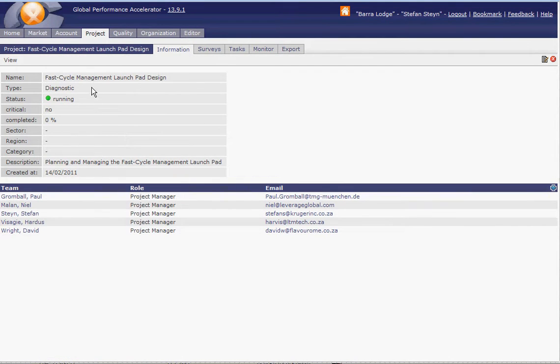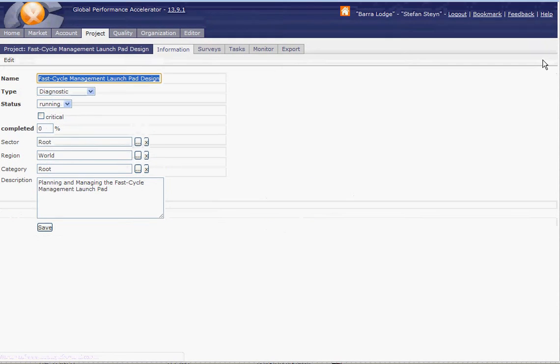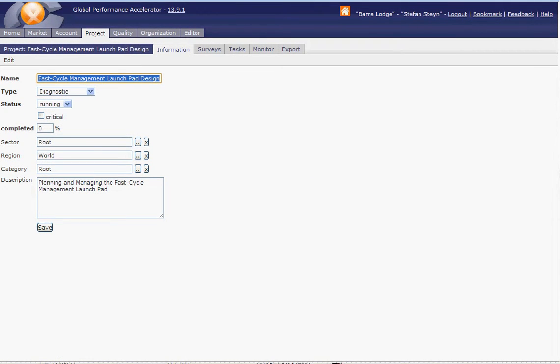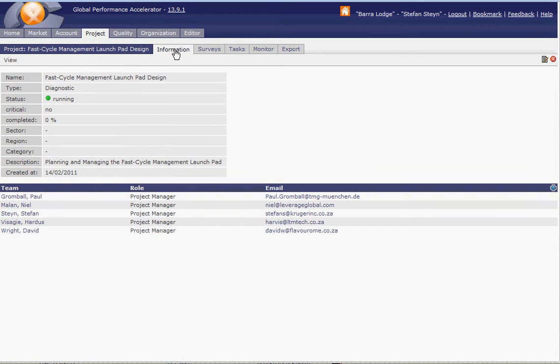Then you see the description of the project, the team which you already assembled, and here you can edit the project, and the project consists of information.